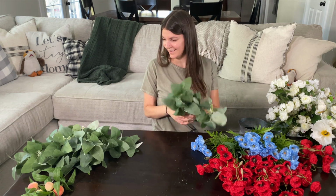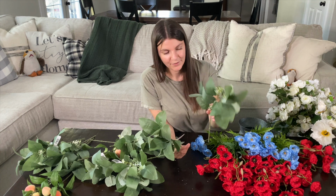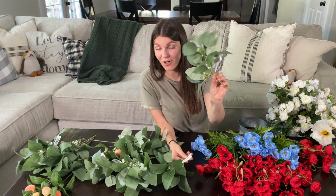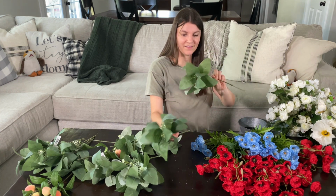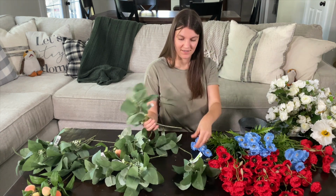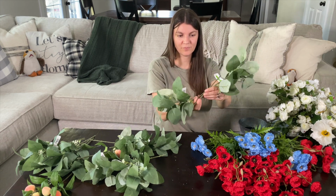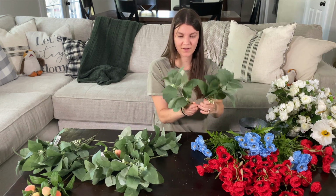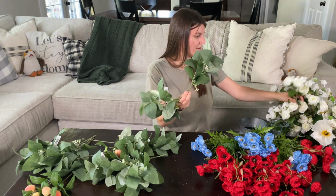Then these eucalyptus stems, these picks, they're really bushy and they were just over $1 after the sale, which is really good. Great stems. These would actually be really good in a hoop wreath. So you could just put these on the hoop wreath. I've got a tutorial on how to make one, and then put like a little flower cluster,